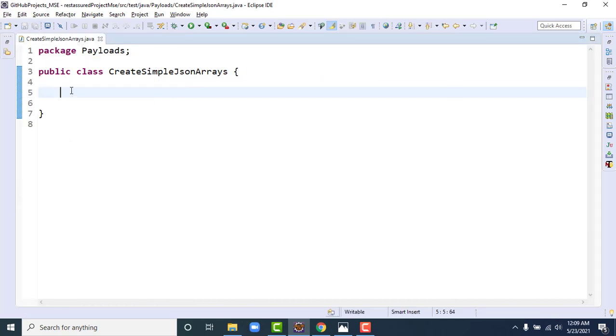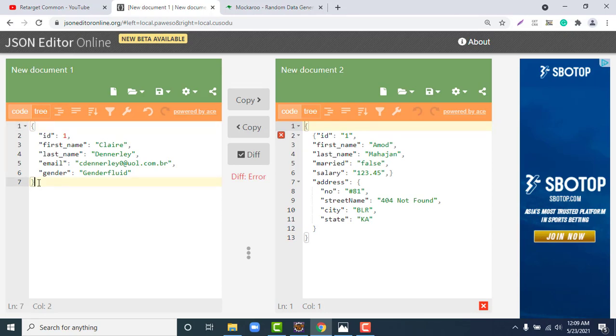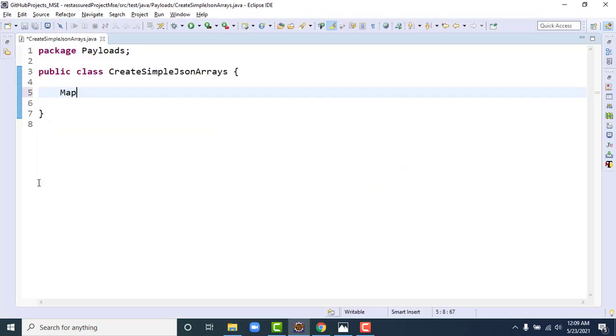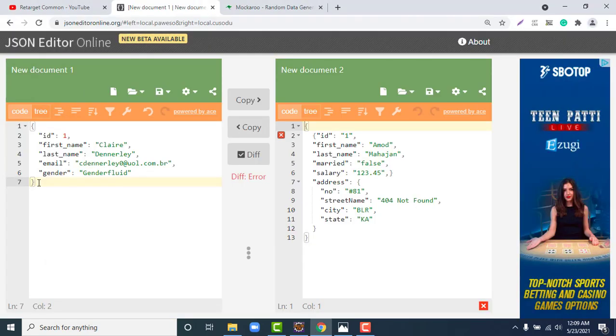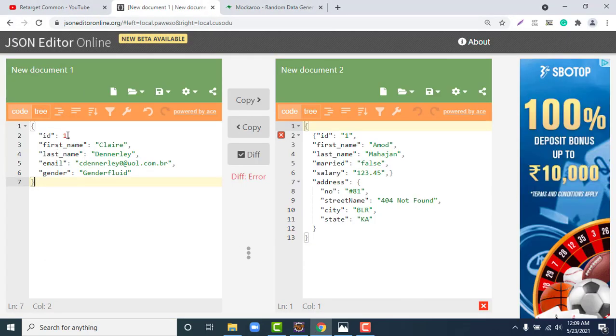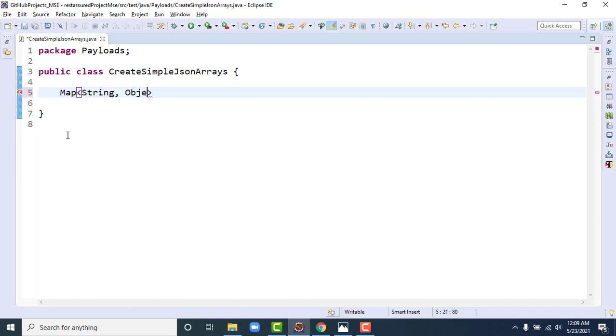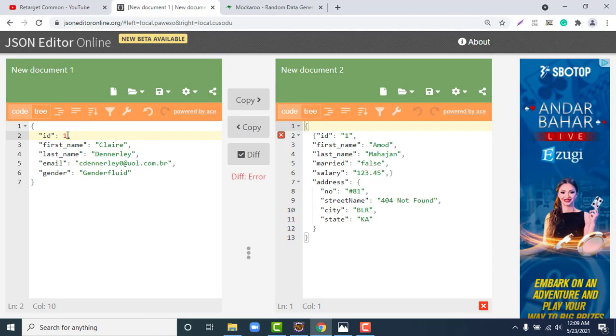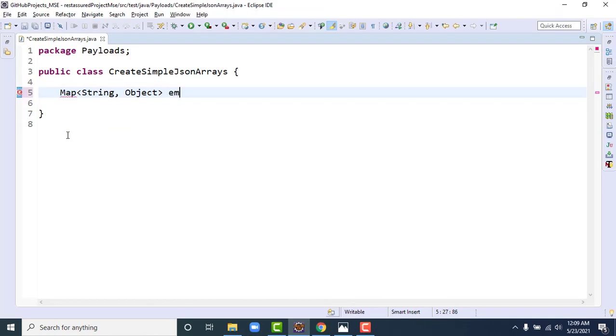What I'm going to do, so we know that we can create it using map, correct? So I'll simply create a map, public string, and all the data types. Yeah, we have mixed data types, right? We have integer as well. So I will use object, right? You know the reason, we have already covered it, and I'll name it employee detail. Okay, new hash map. We know already that we can use hash map or linked hash map, and they just differ in how they store the data. There are many differences, but hash map and linked hash map are much better to use here.